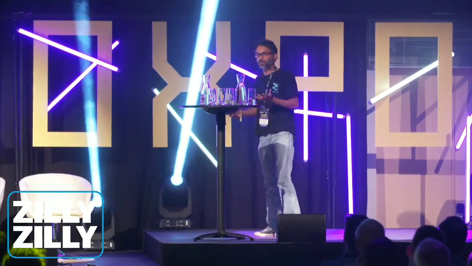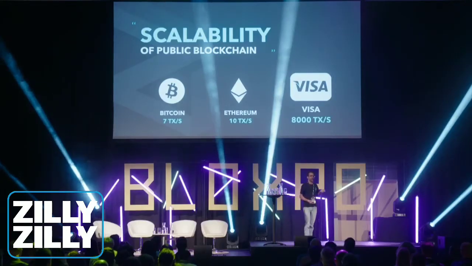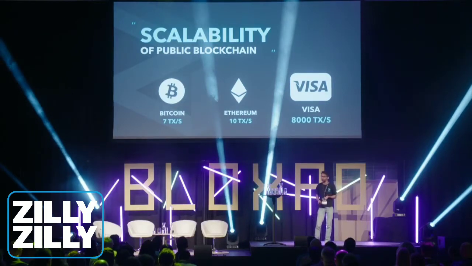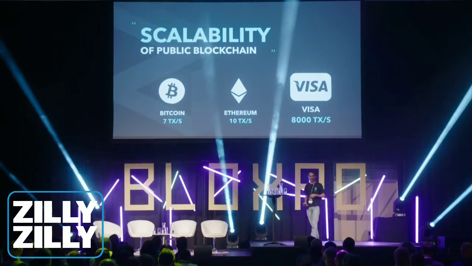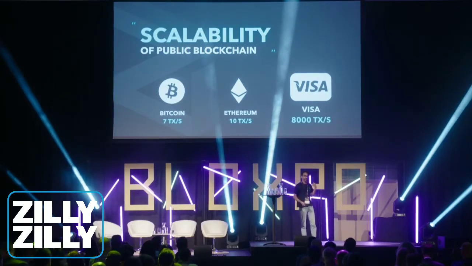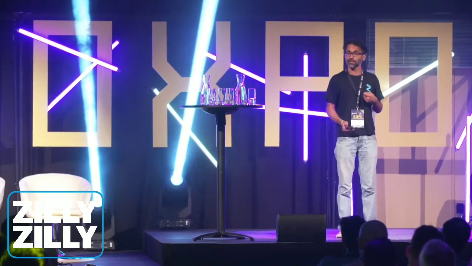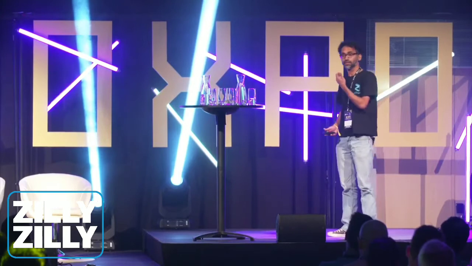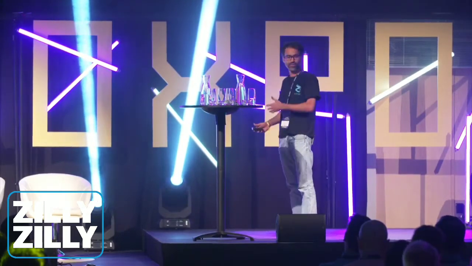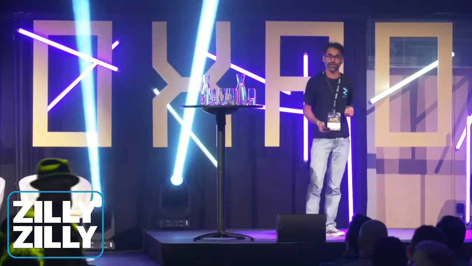So, putting things into perspective, here's what popular blockchain platforms actually perform in terms of throughput. Blockchains like Bitcoin and Ethereum process around 5 to 10 transactions per second on average. And if you compare it with a very real-world application, which is payment, a very simple one, like Visa, they process around 5,000 to 8,000 transactions per second on average. In peak hours or during Christmas time, that can actually go even higher.